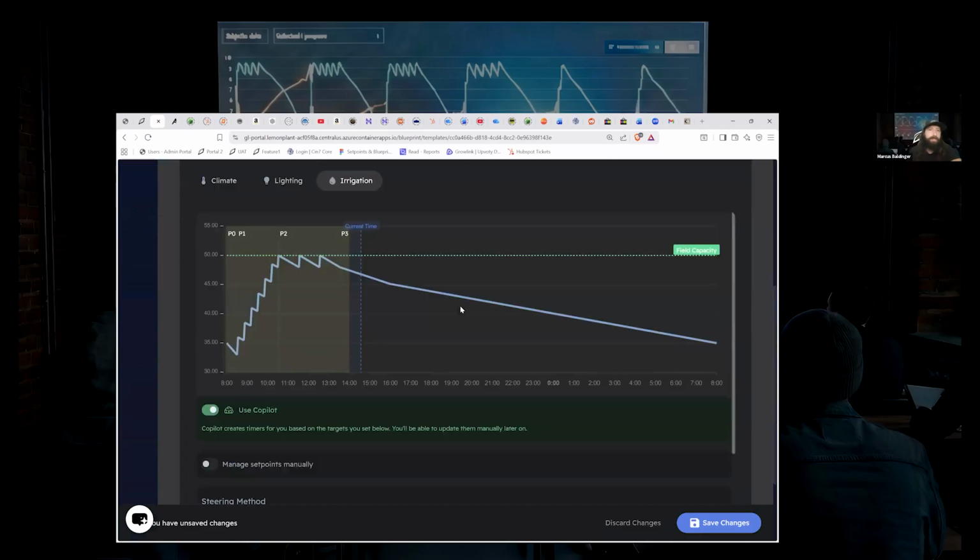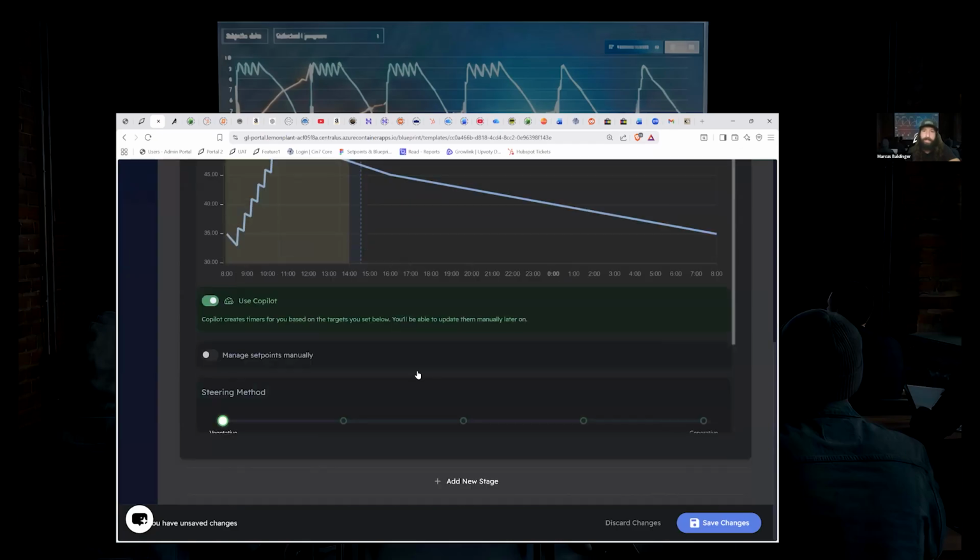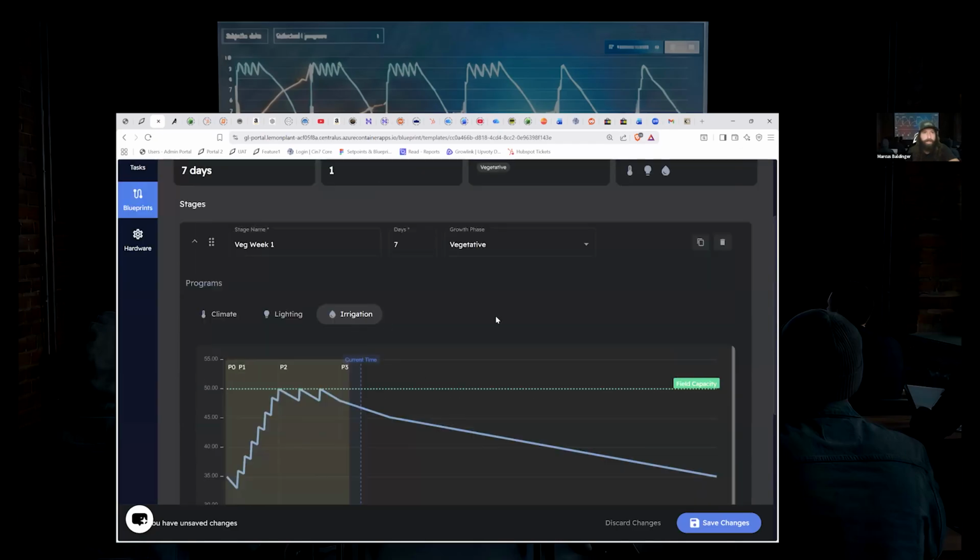So on irrigation, for those who are using our stuff right now, I'm sure you're used to having the irrigation tab up at the top. That is basically going to be where this is right now. In this build right here, it's not quite set up that way just yet. Oh, I'm sorry, it is set up like that, but in the actual room dashboard, when you go to manage it,